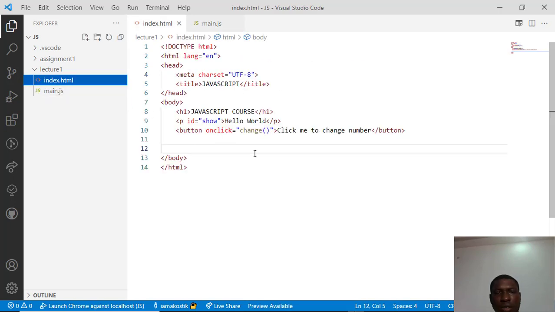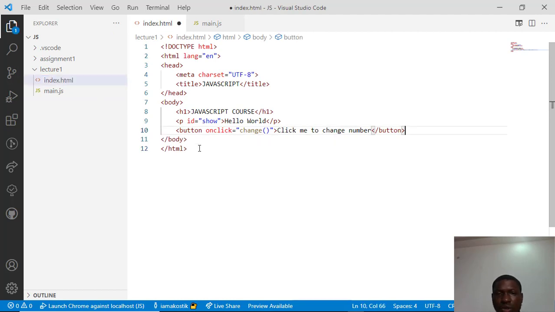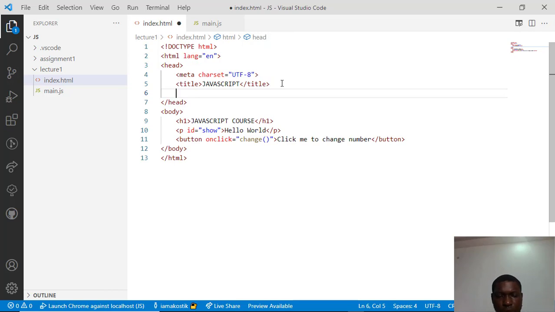Now in index.html, I'm going to show you how you can link to that main.js file. So under the head section, after the title, I'm just going to add a script tag right here, and inside my opening tag, I'm going to add a source.